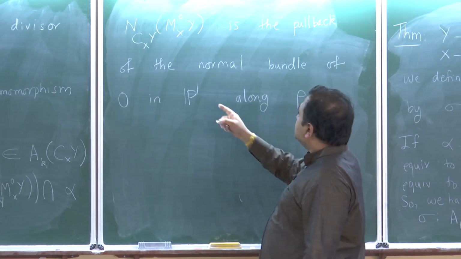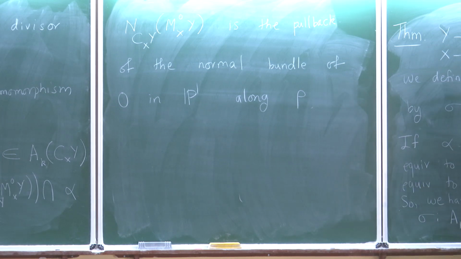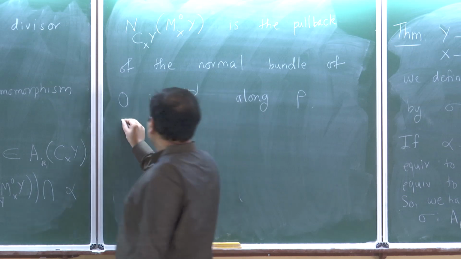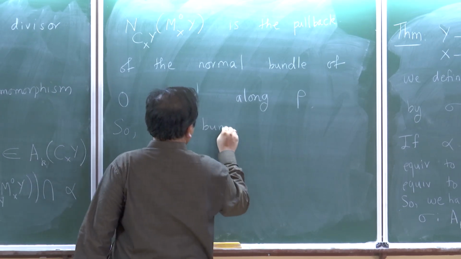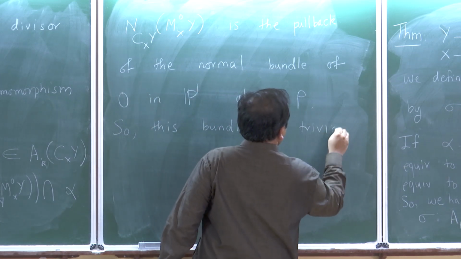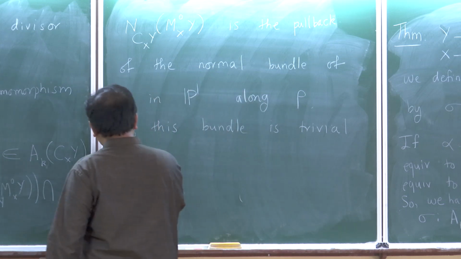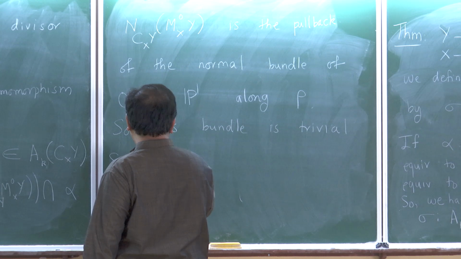So this is just rho upper star of that normal bundle. What does that tell us? This normal bundle is trivial, and so what this tells us is that